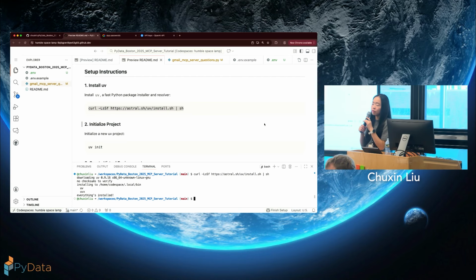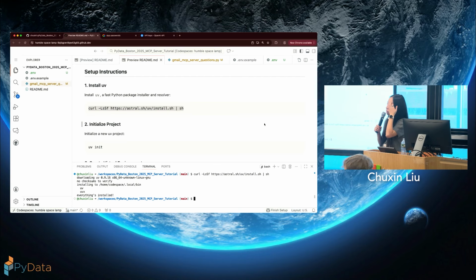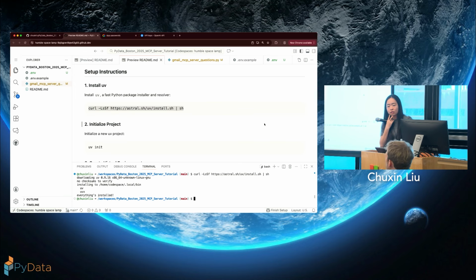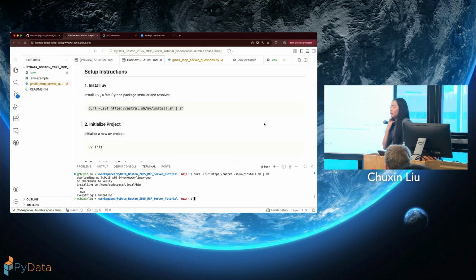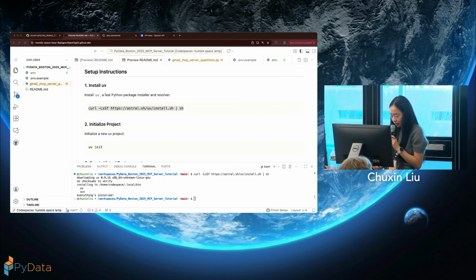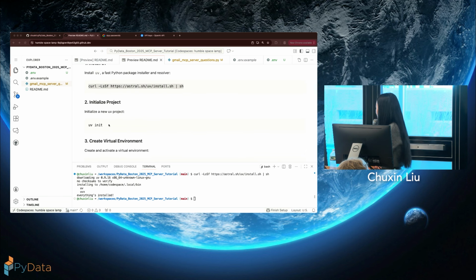Anyone have problem with this? For Windows, they're having trouble. Yeah. And they're figuring it out, but there might be other Windows users. I think so. That command doesn't, but UV does.